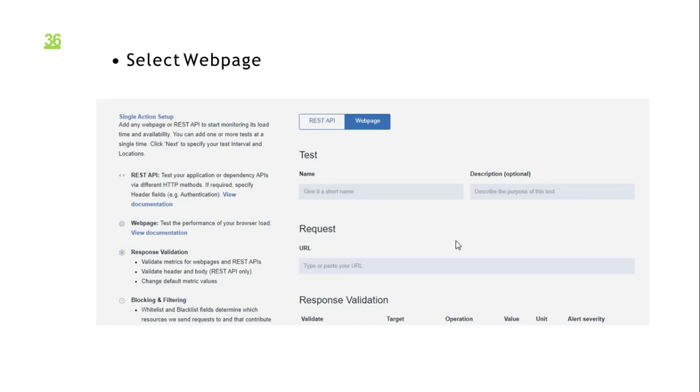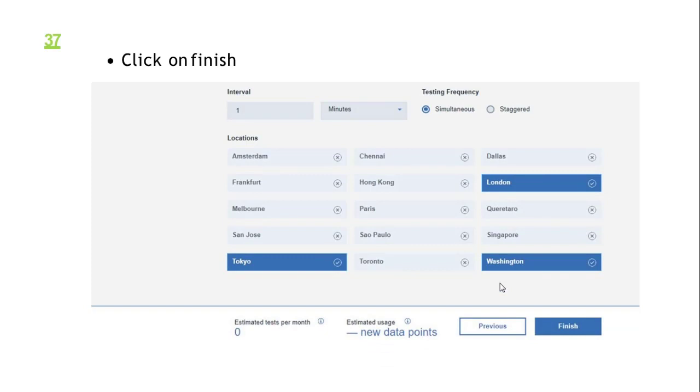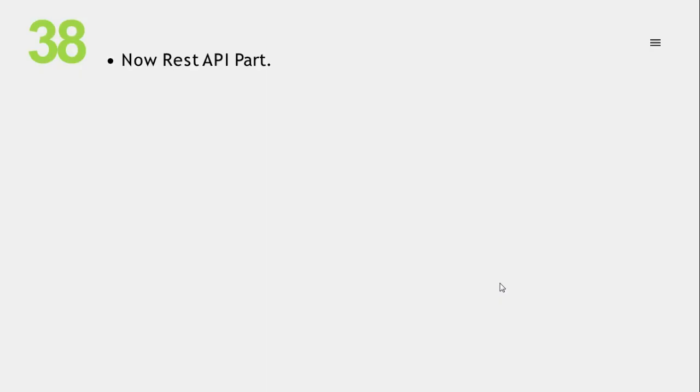For a web page, you can monitor that app with the help of the web page and REST API. From here, just give the name and URL for that monitoring process, and just click on the single action button. It will create, and then click on the finish button. It will create that web page monitoring details.